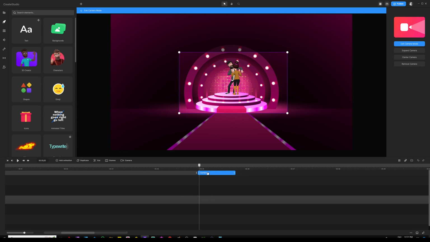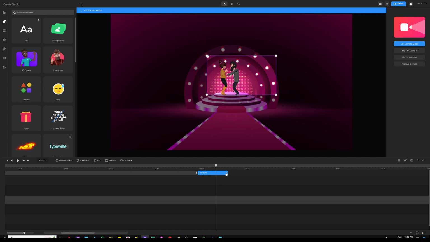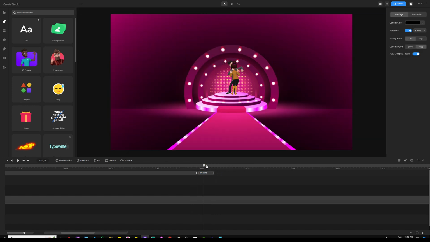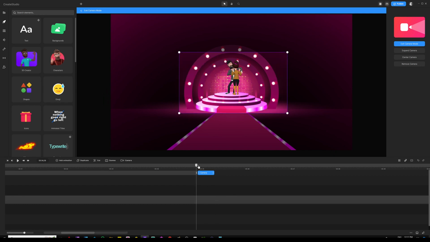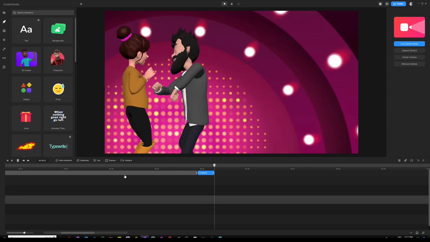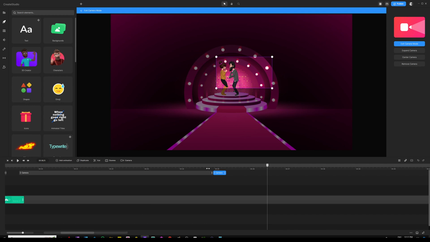Okay, so they start moving from here and then they complete their rotation right there. Now I'm going to drag the camera animation bar and shorten it like this. And then go back and take a look at that. All right. Pretty cool. All right, next up, we zoom out of our timeline and then we're going to move our playhead